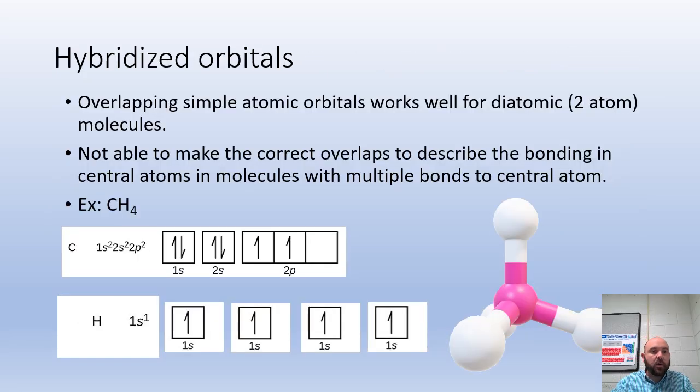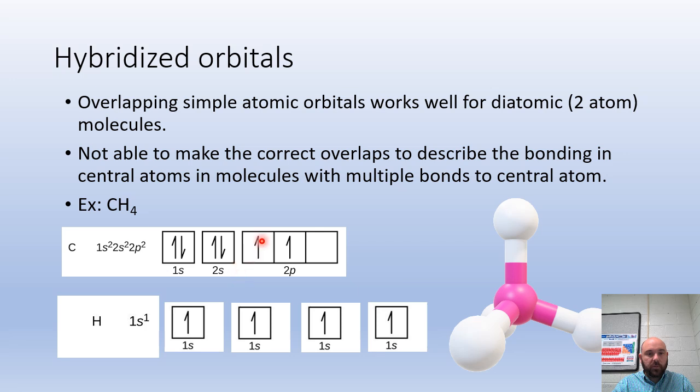So far, we have seen how overlapping simple atomic orbitals works well for diatomic molecules to explain how bonding occurs. However, as molecules add a little bit of complexity, for example, here in our methane molecule, which has the formula CH4, our current version of the theory falls apart a little bit. If we investigate the electron orbital diagrams of the neutral carbon and hydrogen atoms, what we might expect is that in order for our current bonding theory to work, we would overlap